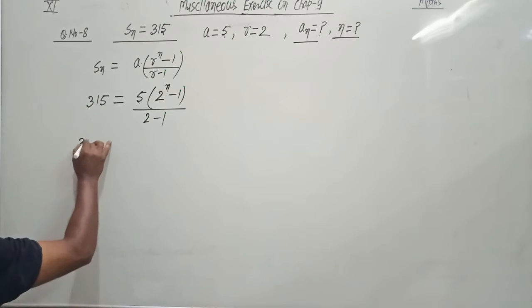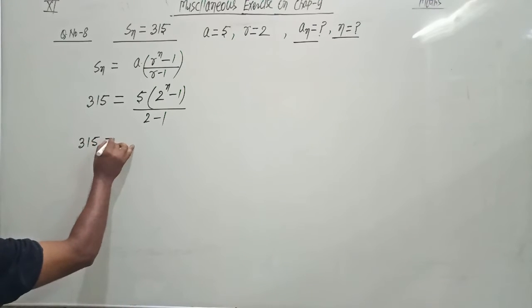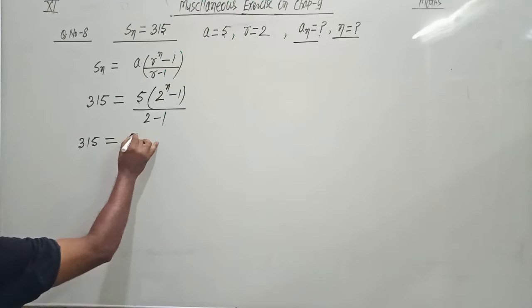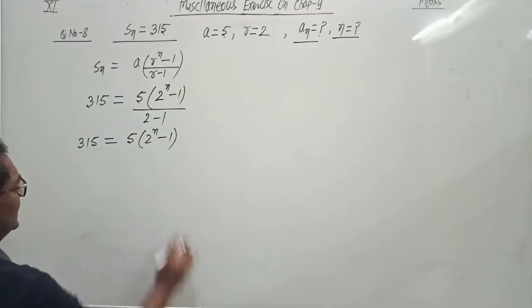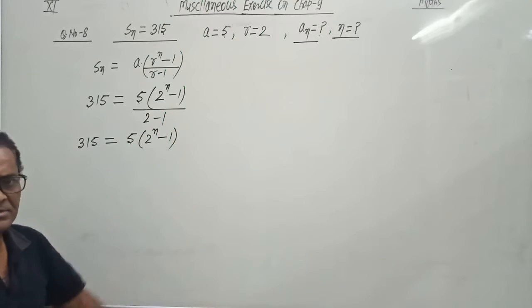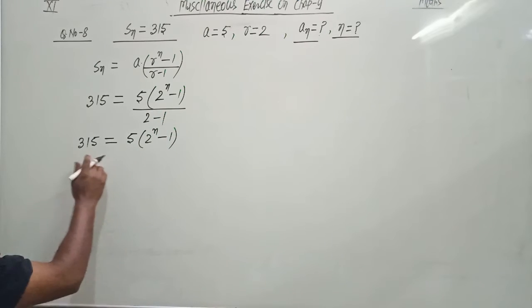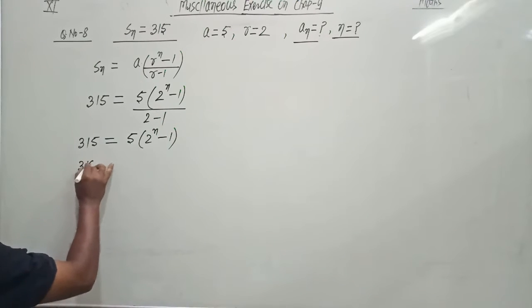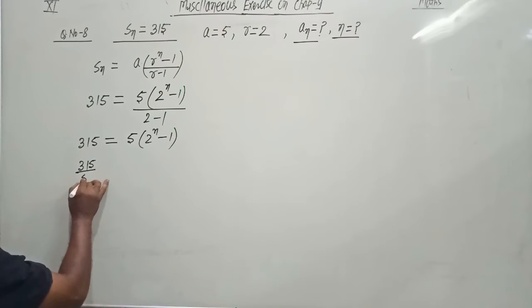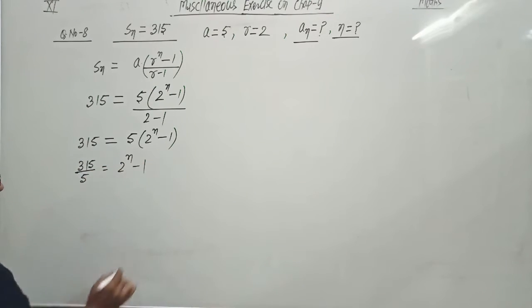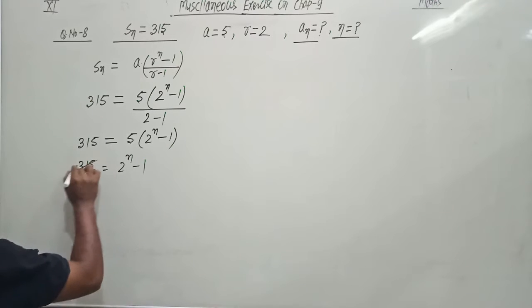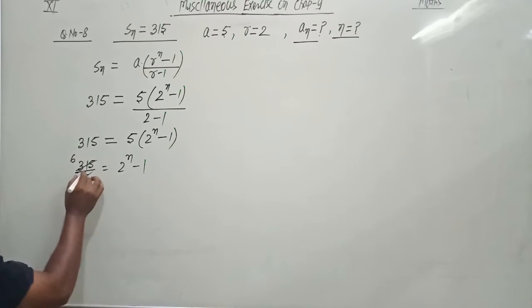So 315 equals 5 into 2 raised to the power n minus 1, and 2 minus 1 is 1. Then it becomes 315 divided by 5 equals 2 raised to the power n minus 1, and we get 6 into 5, 30,